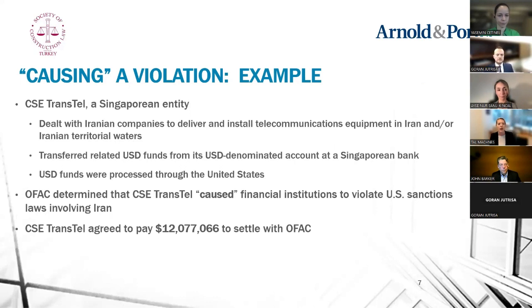CSE Transtel. CSE was dealing with Iranian companies to deliver and install telecommunications equipment in Iran. So this is activity between two non-US parties, and the activity is based outside of the United States. However, CSE transferred funds related to this business denominated in US dollars. So the funds were processed through the United States, because with most dollar denominated funds, even if you're using non-US banks, at some point they'll hit the United States financial system through a correspondent or intermediary bank for